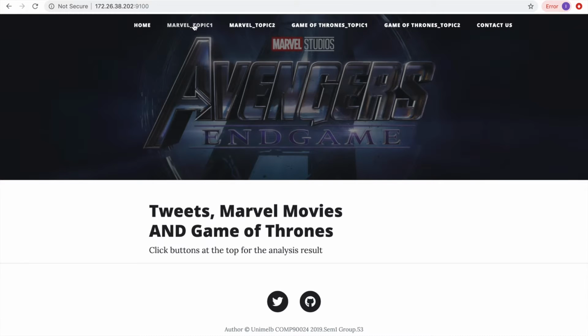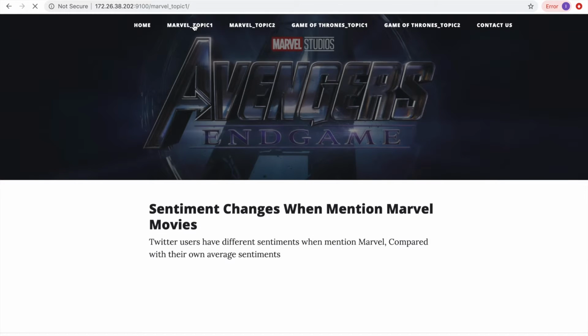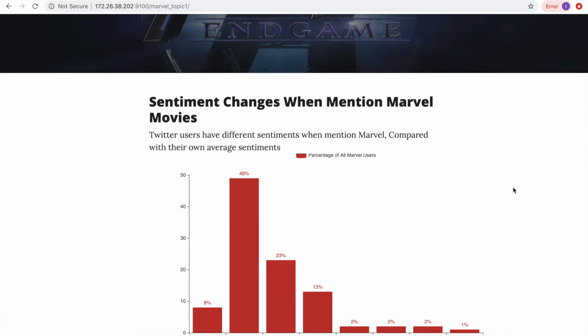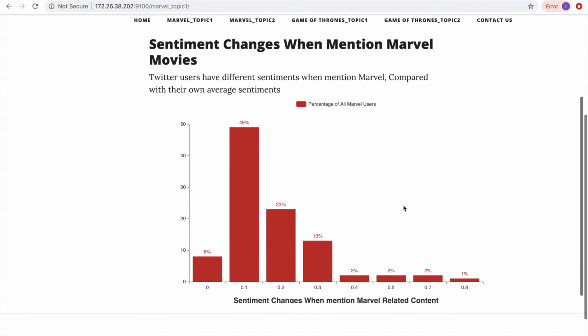As you can see in our Marvel Topic 1, we compared the sentiment scores of the user tweets related to Marvel movies and the sentiment scores of all of their own tweets. The differences of these 2 scores are calculated to show the level of fluctuation of users' emotion in their tweets related to Marvel compared to their general life. In this figure, about 85% of users have a low-level change, and the proportion of users with big emotional changes are not high. Hence, to some extent we can say the sentiments of Marvel audiences are not influenced much by